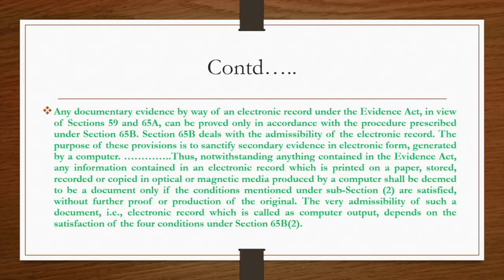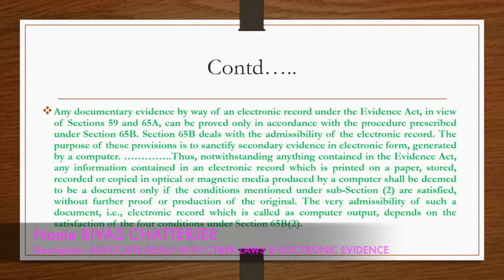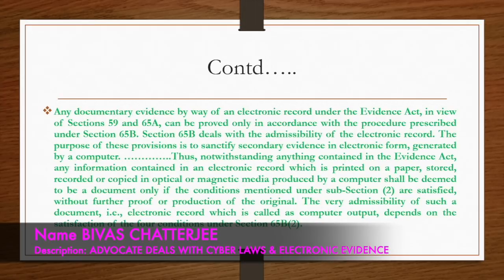Section 65B deals with the admissibility of the electronic record. The purpose of this provision is to sanctify secondary evidence in electronic form generated by a computer. Thus, notwithstanding anything contained in the Evidence Act, the Honorable Court further observed, any information contained in an electronic record which is printed on a paper, stored, recorded, or copied in optical or magnetic media produced by a computer shall be deemed to be a document only if the conditions mentioned under subsection 2 are satisfied, without further proof or production of the original. The very admissibility of such a document, that is electronic record, which is called a computer